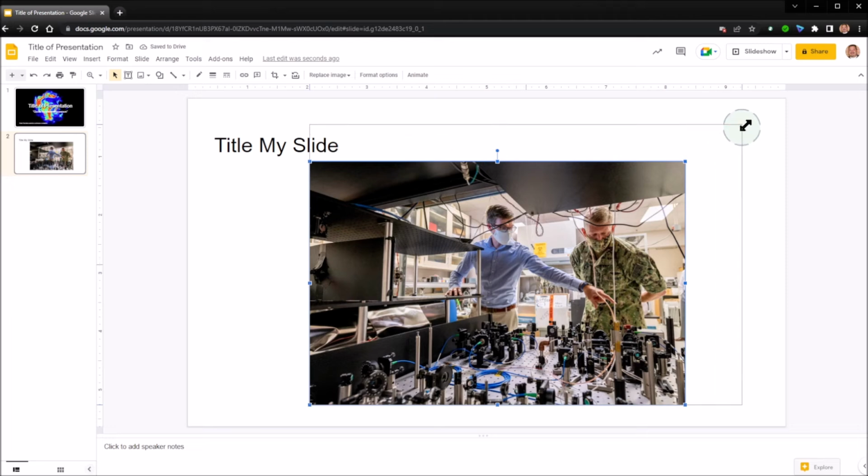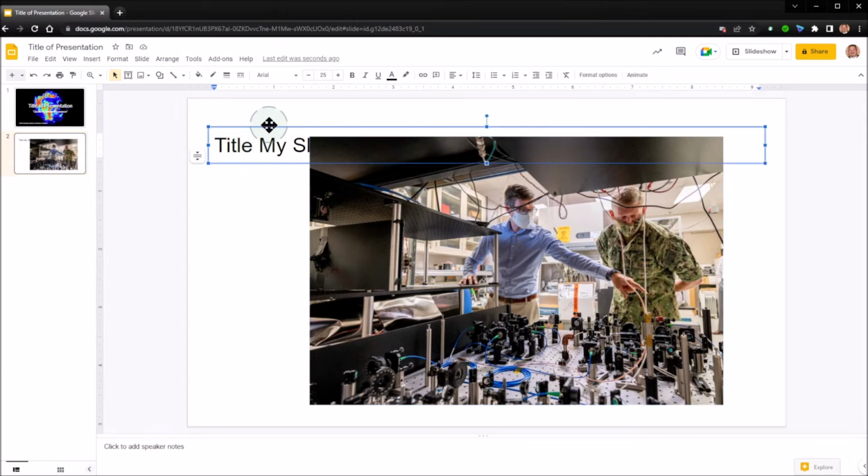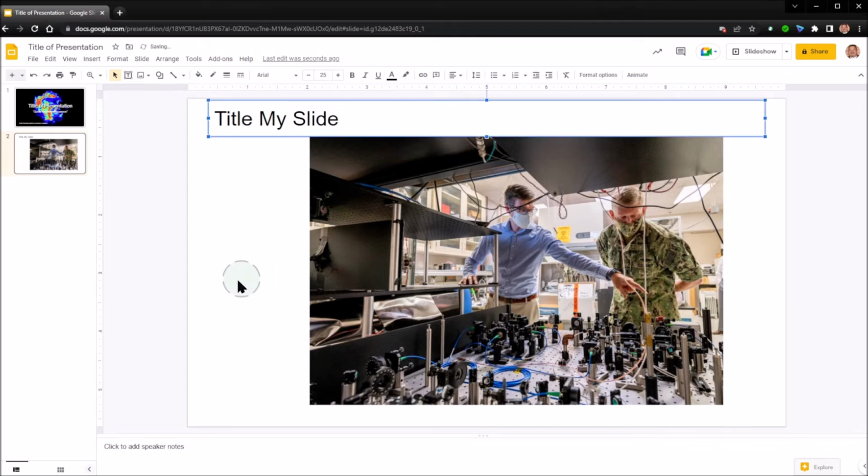If I grab a corner, the image will size proportionally, so I can size that image the way that I would like. I can move my text box a little bit out of the way, so I can get a larger version of the image there. And that is how easy it can be for a student to be able to add an image to their